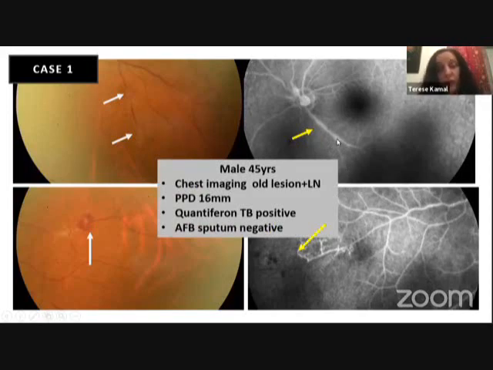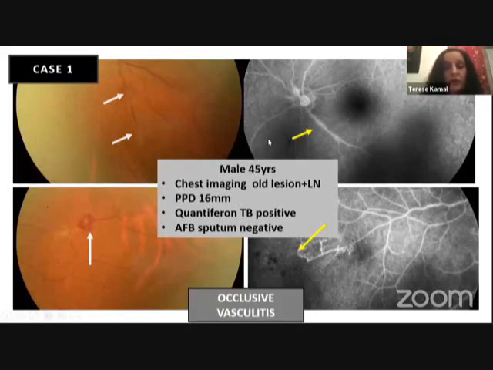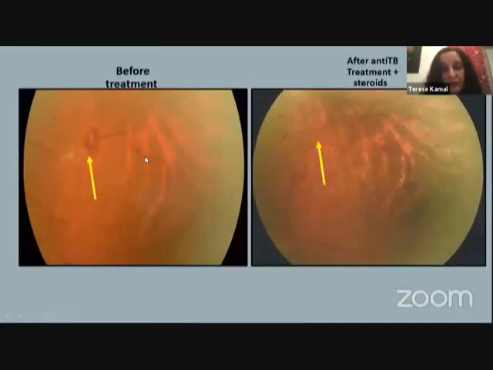He had chest imaging showing an old lesion in the lungs, and enlarged lymph nodes in the lungs as well. He had a positive PPD and a quantiferon, but his acid-fast bacillus of sputum was negative. This is a form of occlusive vasculitis that we commonly see in TB. This patient received treatment for TB with steroids and had laser done, and we can see how the active lesions